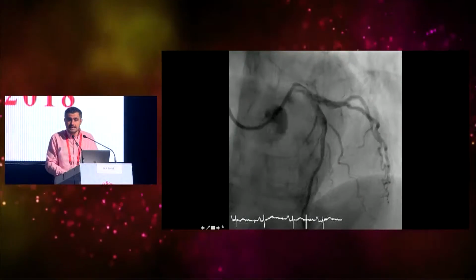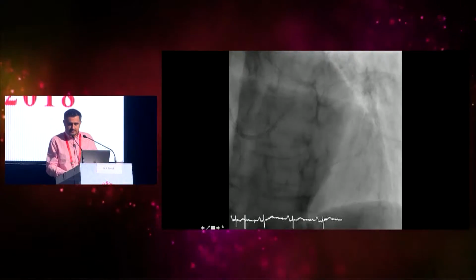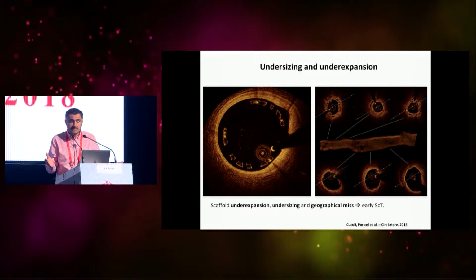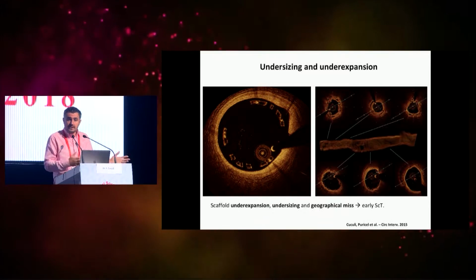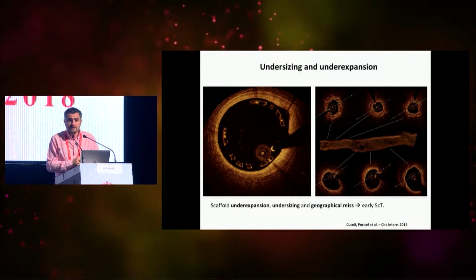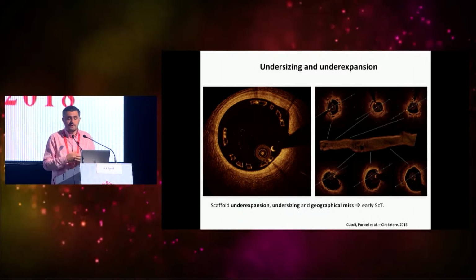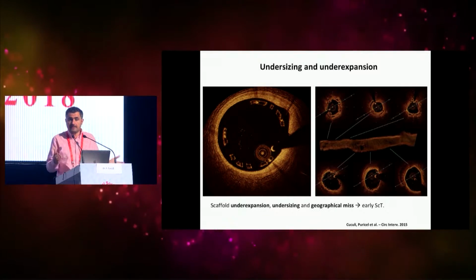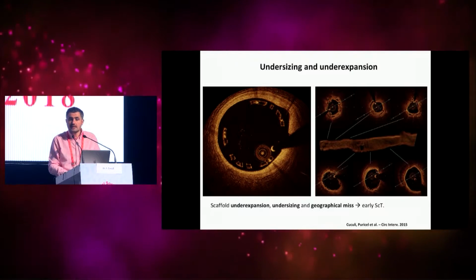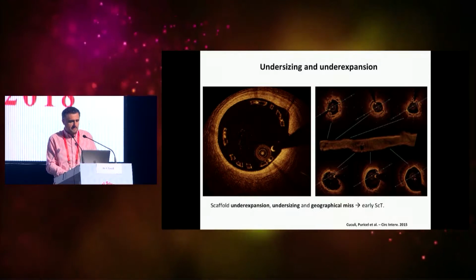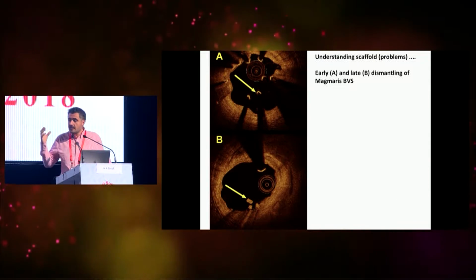Now, is stent undersizing a problem, or malapposition a problem? Yes, of course it is. We found out with the scaffolds, because we identified in this very early series we had of thrombosis with scaffolds that stent underexpansion and undersizing were key factors of scaffold thrombosis. And I think with metal stents, it's probably the same, maybe not as pronounced as with Absorb. Now, with the new